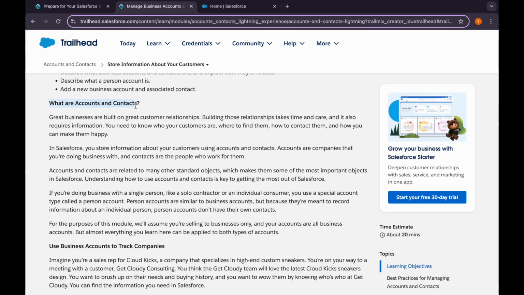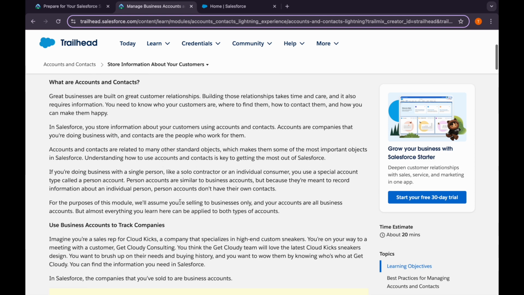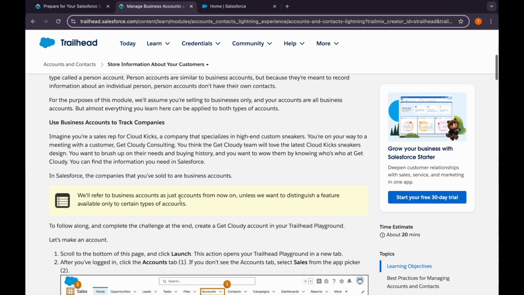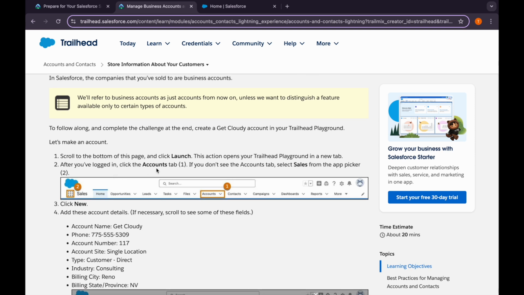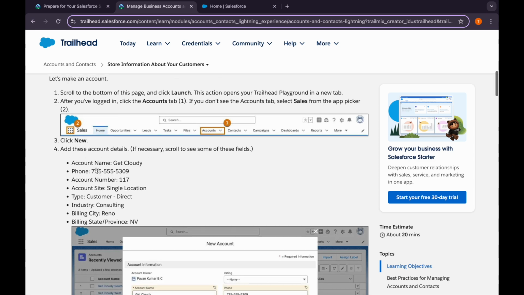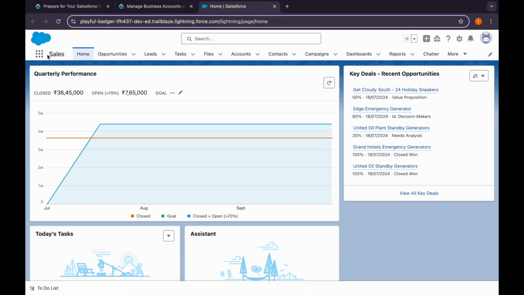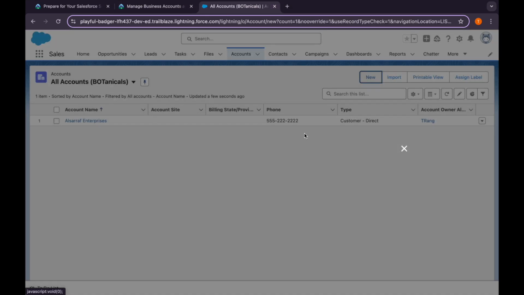They are talking about account and contact, so you know that both are standard objects, and they are related to many other standard objects as well, like opportunities, somewhere in leads, and cases as well. So here we need to create an account, we'll be making an account. Select Sales app, we are going to Sales. We need to create this Get Cloudy account, so I'll go here. I'll directly go to Accounts, then click on New,